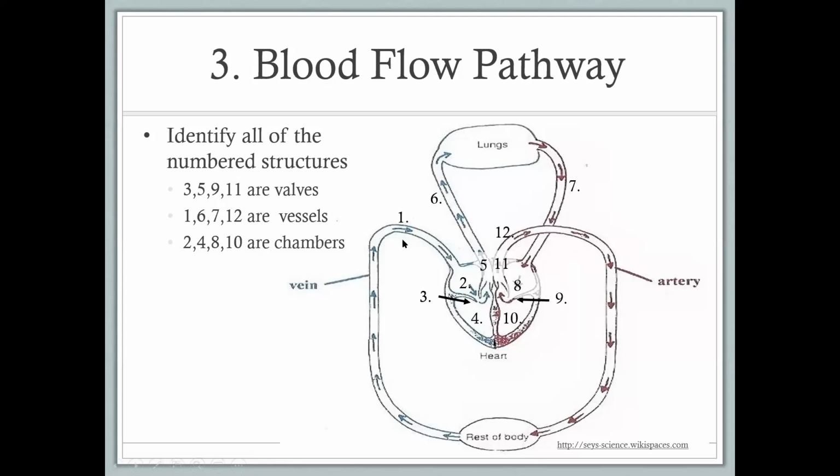Number 1, the superior and inferior vena cava, gets into number 2, which is going to be the right atrium. Then it passes through the right AV valve, which is number 3, also known as the tricuspid valve, and then the blood falls into chamber number 4, the right ventricle. So you can see we have the right side, blood falling into the receiving chamber, the atrium, into the ventricle,